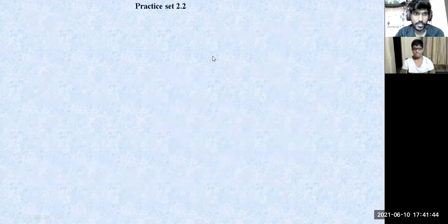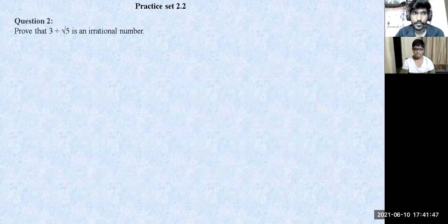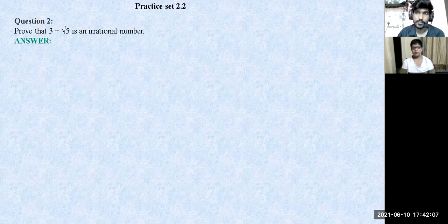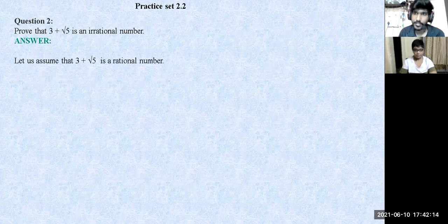Let's move on to question number 2. We have to prove that 3 plus root 5 is an irrational number. Can you try this one the exact same way? First, we'll assume that 3 plus root 5 is a rational number. Yes. So since it is rational, this will be equal to